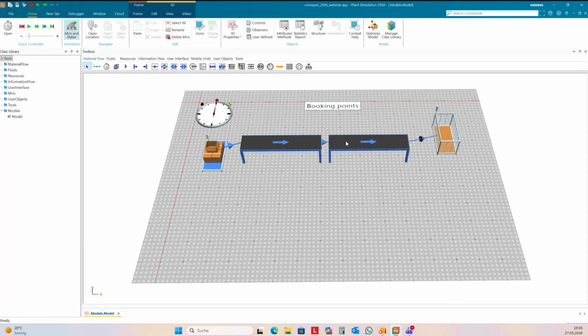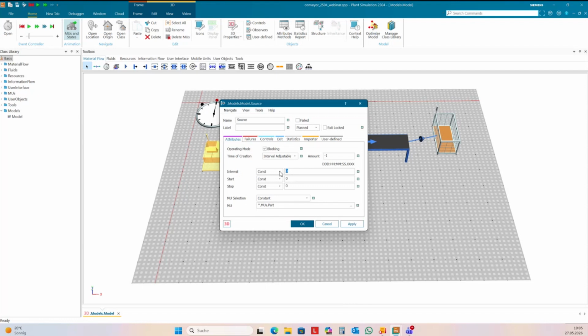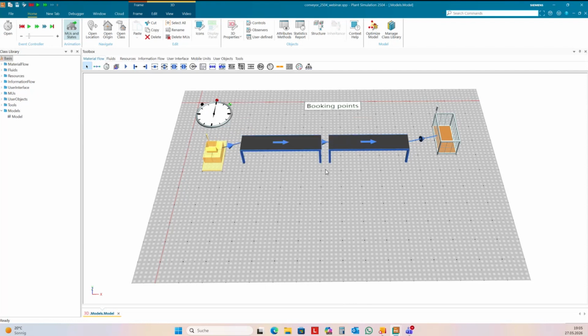It could also be faster. You have such configurations if you need to adjust the distance between the MUs on conveyors, and so you have some acceleration or deceleration conveyors, and so you can adjust the distance between 2 MUs. So